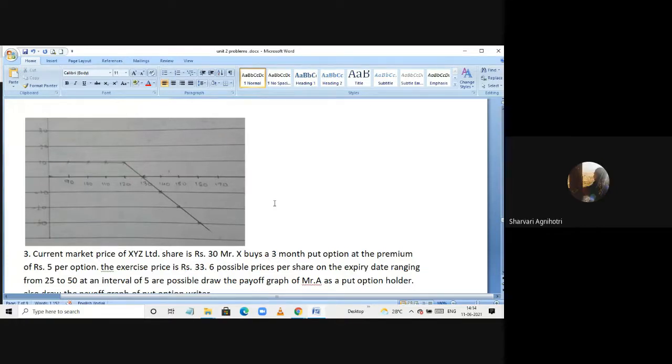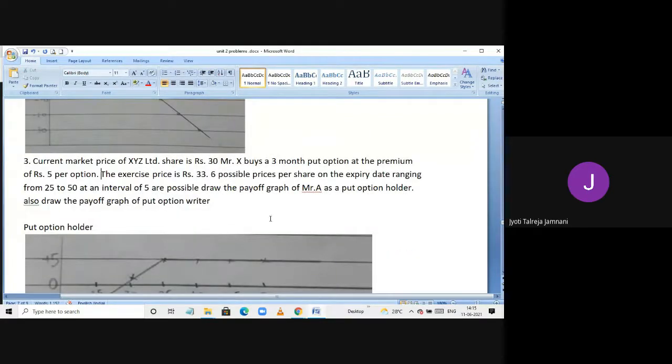Yes, ma'am. Let's go to the put option now. I will send you a question in the WhatsApp group for call option. I have one more question solved that you try at home and tell me the answers. I will share the answers also, but first I want you to try. So I'll share the question in the group after this class. You try it, and by evening, if you want, I will share the answers also.